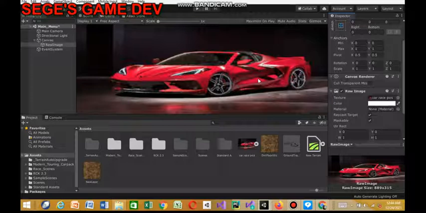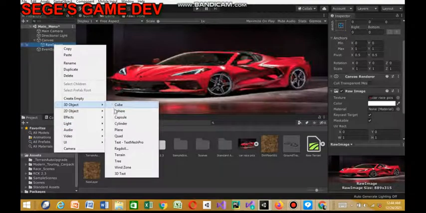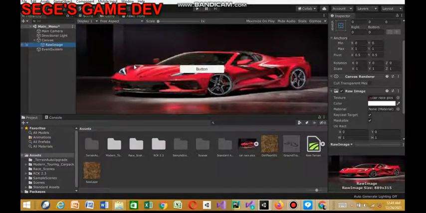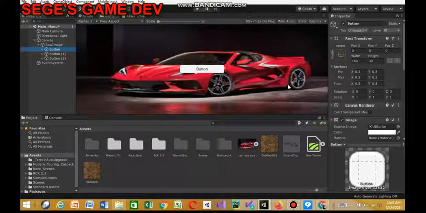You can choose any other car. I'm gonna go with this. Then next we're gonna go with our buttons. For one of them, we're gonna create, 3D objects, sorry, UI, a button. Then we duplicate it, Ctrl D, Ctrl D. So this first button, we're gonna, okay. The first button is gonna make it